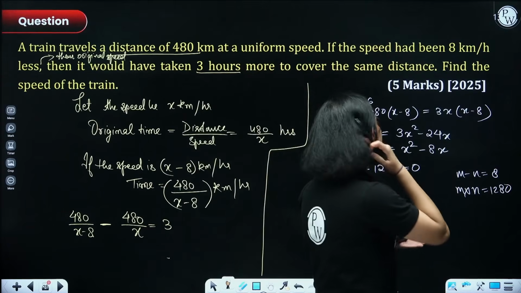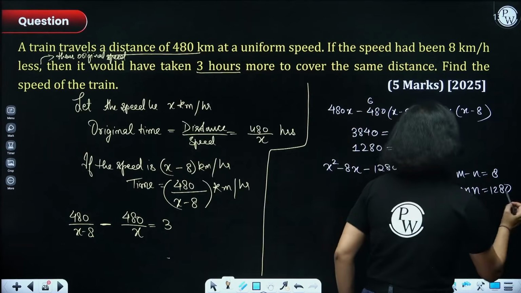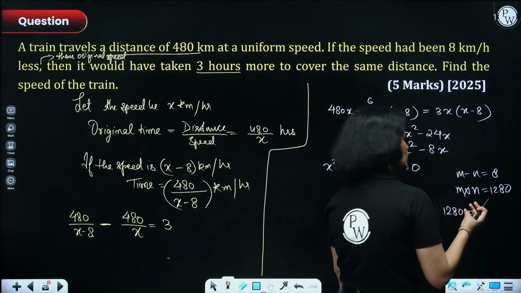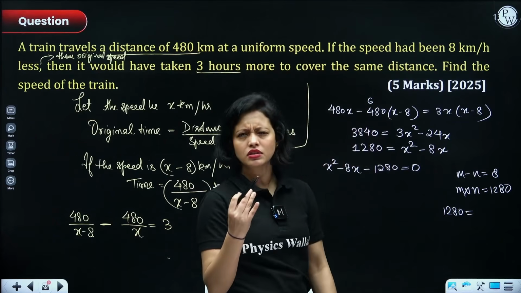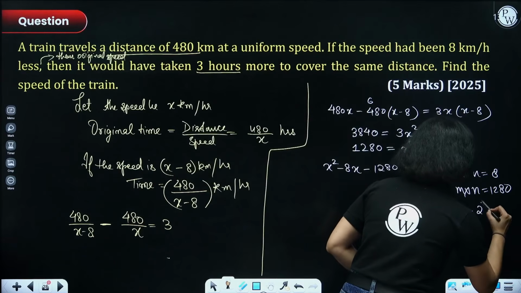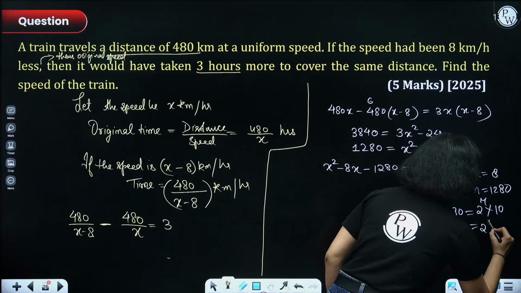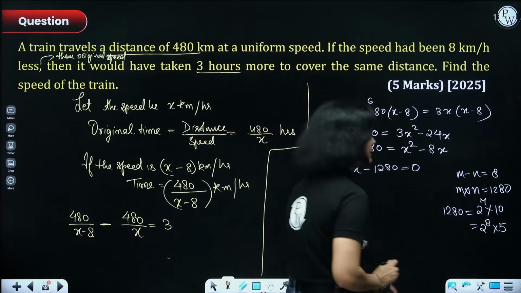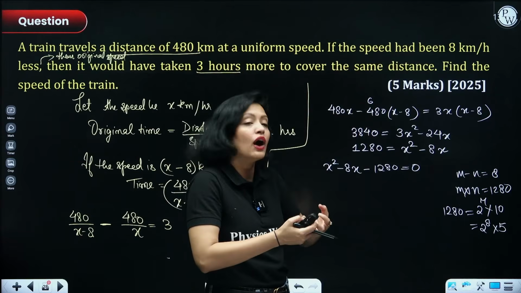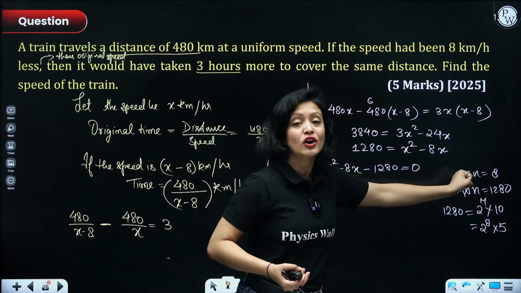Okay, so now think about it, everyone. Look here, 1280. First, I'll work with this. So 1280 is what? 16, 32, 64, 128. Yes. So 2 raised to power 7 into 10, or I can write it as 2 raised to power 8 into 5. So I have simply factorized it because I want to break it down into two smaller numbers which on difference give me 8.